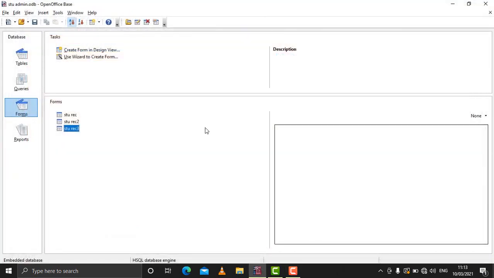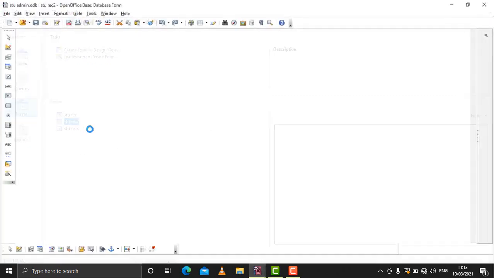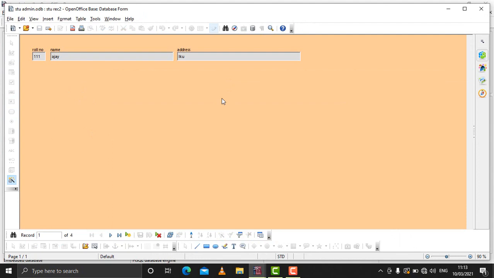The next thing is, if a form is created and you want to use the form to add a new record, that also can be done. For that, you can open any form, double click on the form. So this is the form which opens up, and now through this form you want to add a new record. For that, you need to click on this icon, new record, click on it, and say for example the number is 115, name will be, suppose, Varun, address GKP.